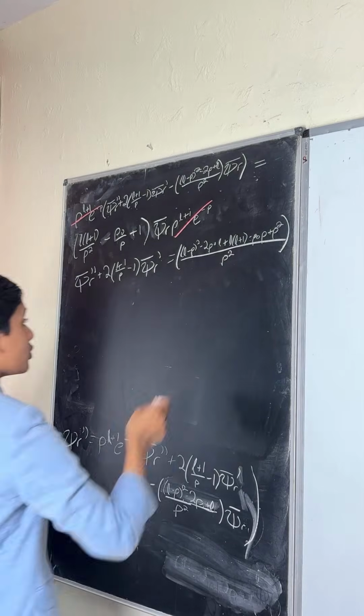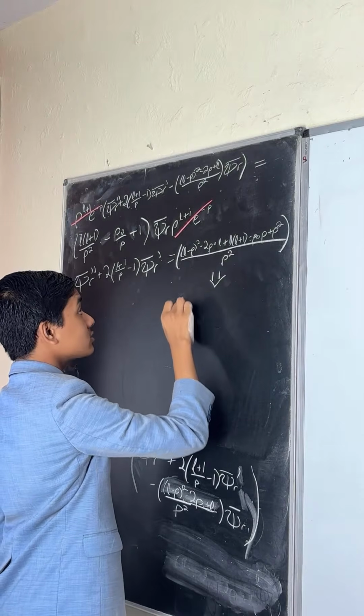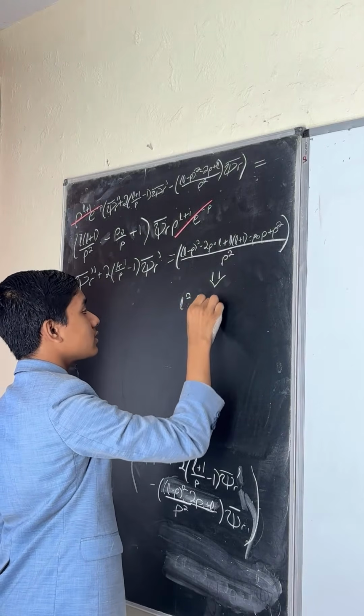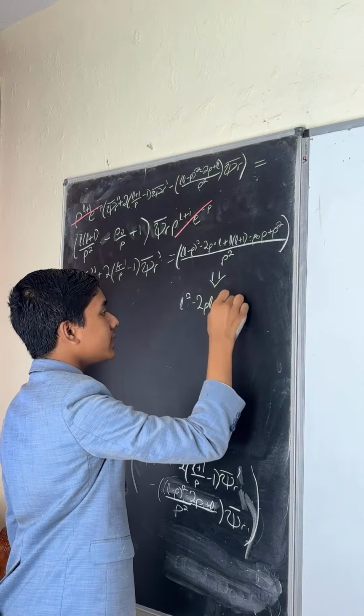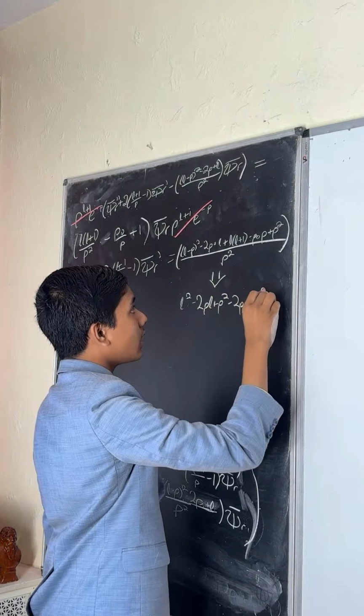So that gives us what? Well, this reduces to L squared minus 2 rho L plus rho squared minus 2 rho plus L squared plus